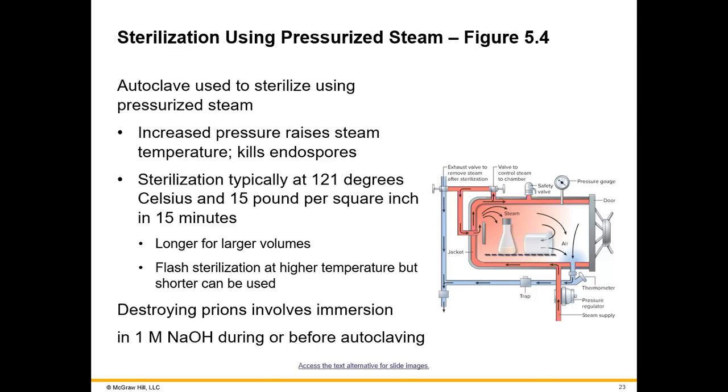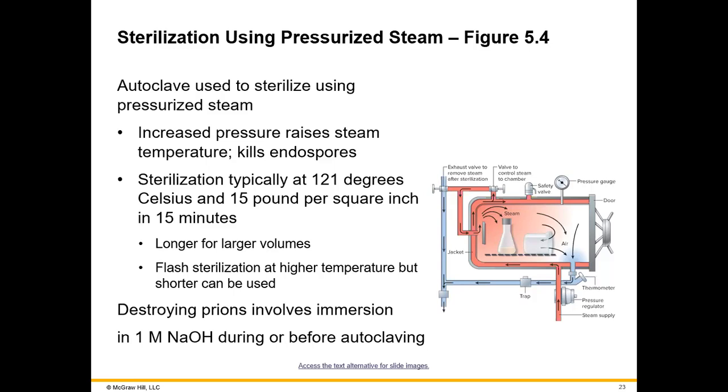We give the protocol 5 minutes for the temperature and the pressure to rise to those levels. And then after the 15 minutes of steady exposure at those levels, there are an additional 5 minutes as the pressure is released and the temperature is brought down to safe levels to, of course, handle the material inside,